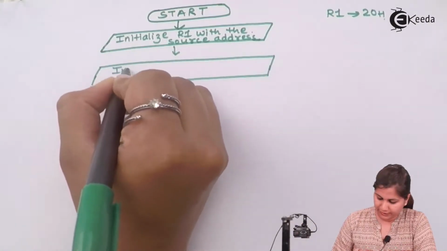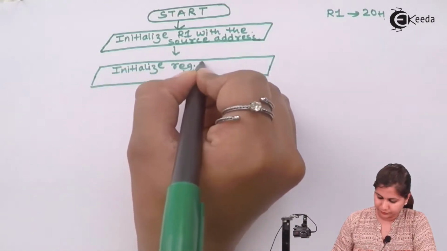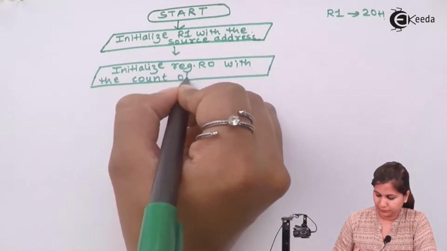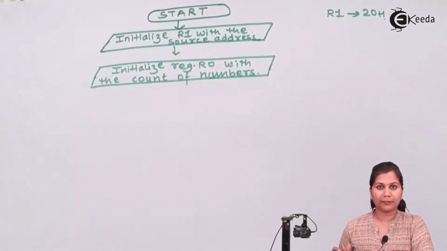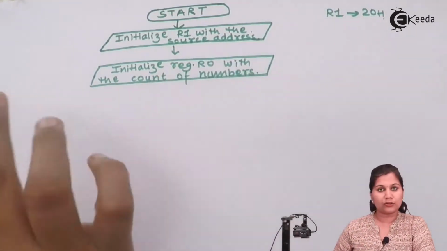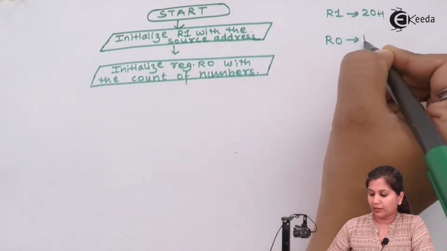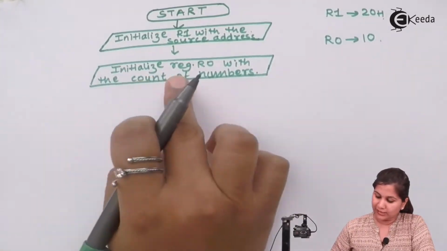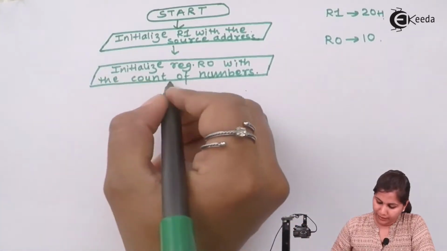we will initialize the counter. Because we want to find the average of a block of n bytes, how many numbers are there in that block is also to be initialized. Suppose that there are 10 numbers, so in R0 we will put the value 10. So initialize this register R0 with the count of the numbers. After that,